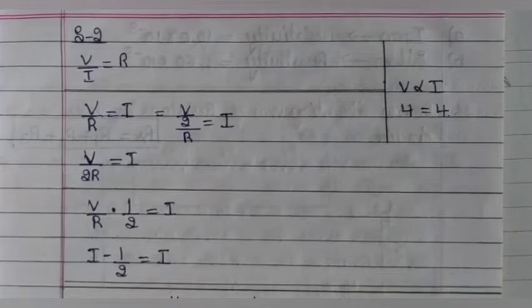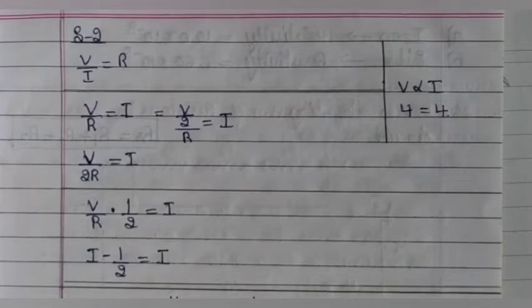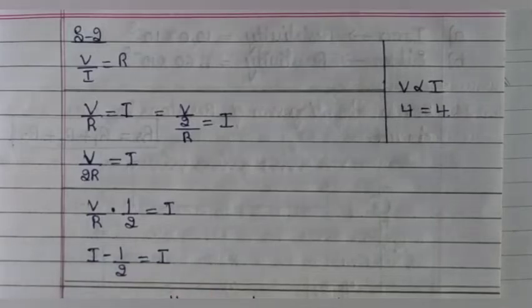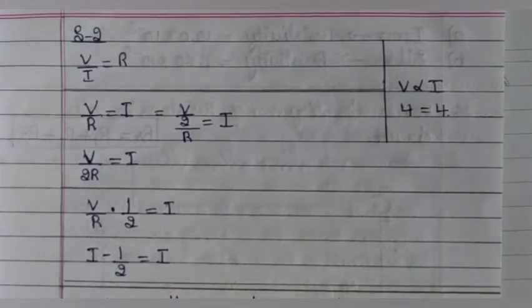Children, we already know about Ohm's law. Ohm's law is defined as: the potential difference across the ends of the conductor is directly proportional to the current I. In this problem, the voltage is reduced to half. In the same way, the current is also reduced to half. Both are directly related to each other. Okay.